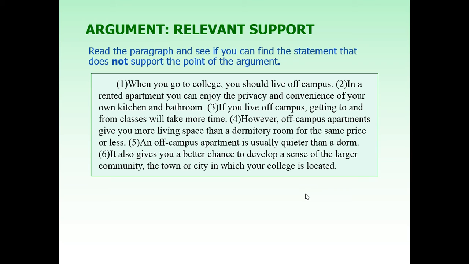And so if you look at one, that is your main argument. So sentence 2, that's our support and it's valid. But look at number 3. If you live off campus, getting to and from classes will take more time. That does not support the point of the argument that you should live off campus, because now you're